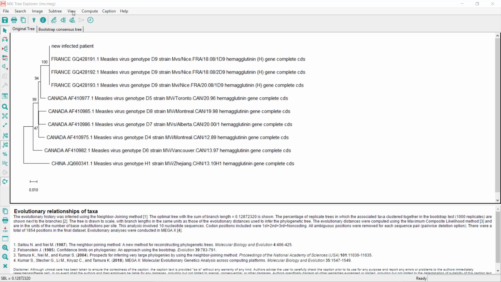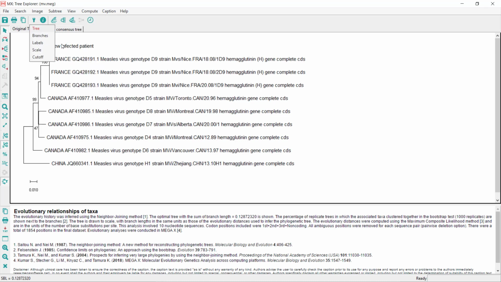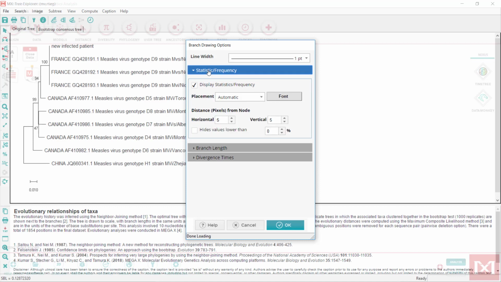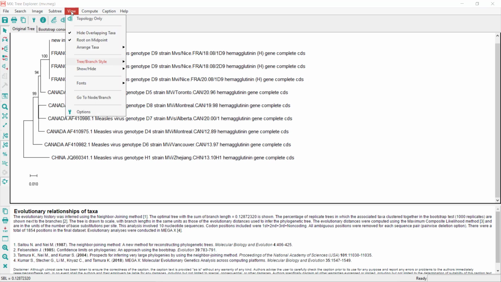We can present just bootstrapping values that are higher than 70 by clicking on View, Options, Branches, then clicking on Statistical or Frequency, and writing 70 under Hide Values Lower Than, and clicking OK. You can also present the tree in different formats. Click on View, using Tree Branch Style, and then choose one of the suggested styles.